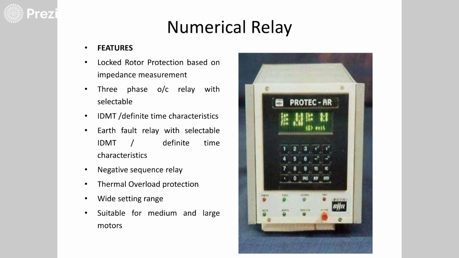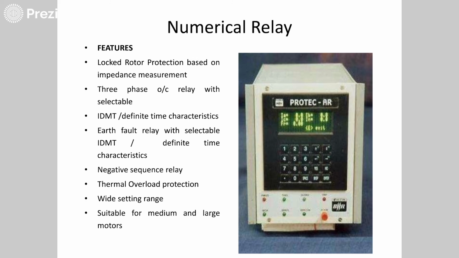So I'll just summarize. Your numerical relay plays a major role in the protection of your transmission line. For distance protection, it is going to be a very advantageous relay. The main reason is it can operate with no mechanical parts. There will not be any wear and tear, and hence you can set wide ranges of current or voltage values.